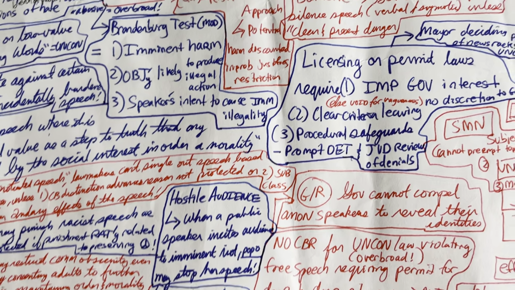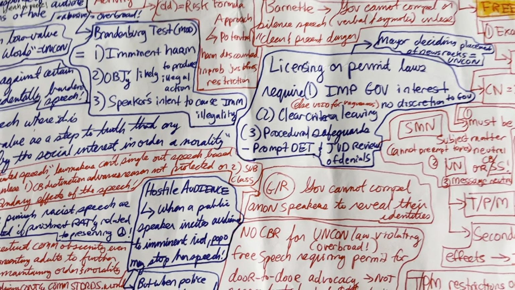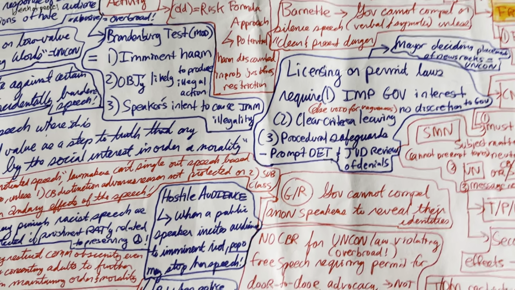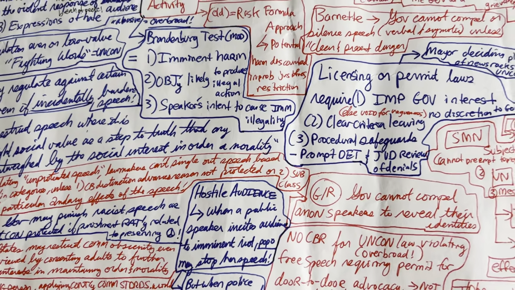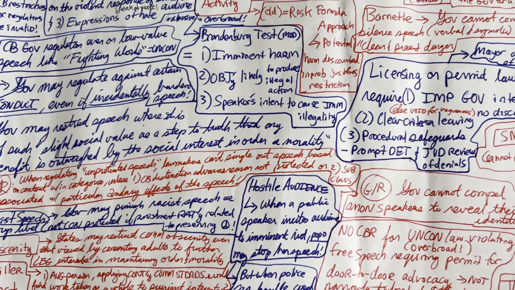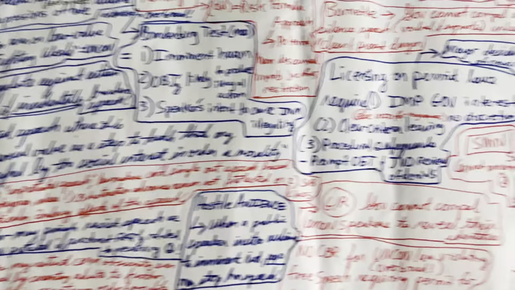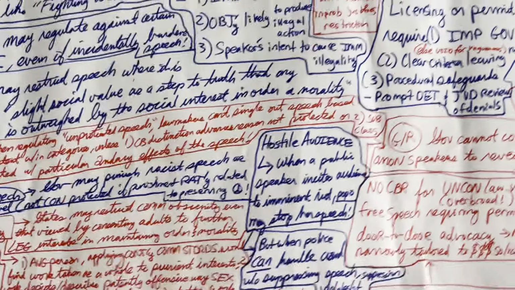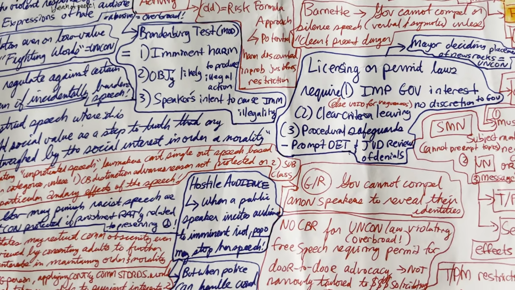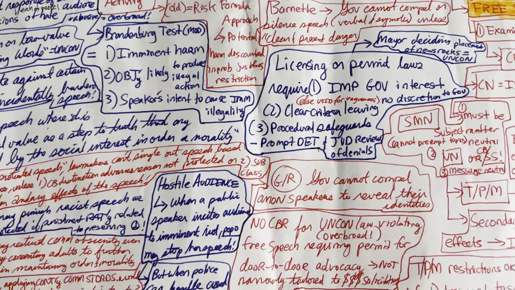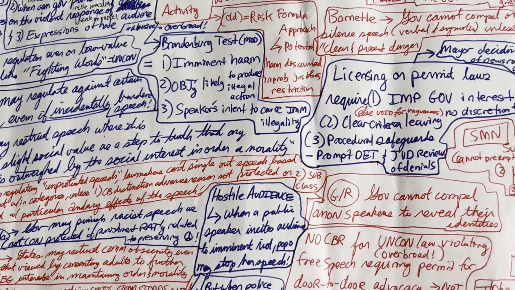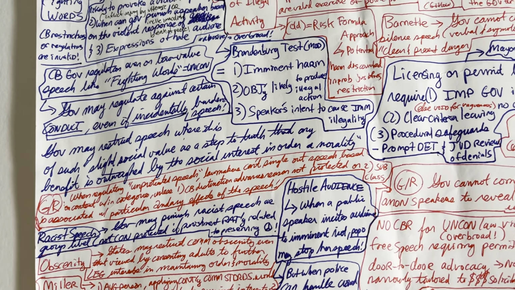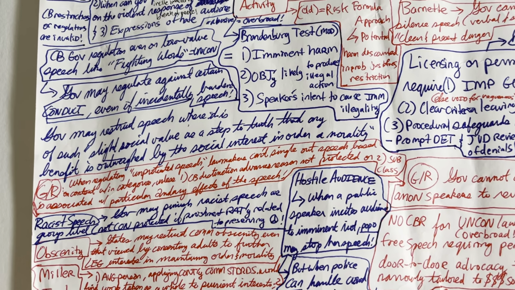We look to clear criteria, leaving no discretion to the government. Otherwise, it may be void for vagueness in analyzing a government action, and also procedural safeguards. The keywords here were prompt judicial review of denials. So you have some sort of appeals process if you're denied a permit. And you want clear criteria so that the government does not discriminate, such as in that interest of preventing traffic congestion and obstructing traffic. And an important government interest, so it sounds kind of like strict scrutiny there.